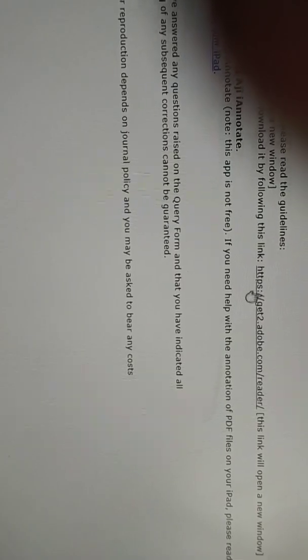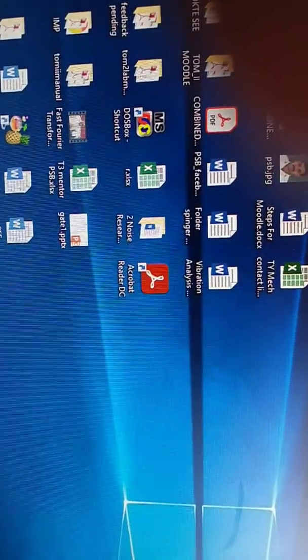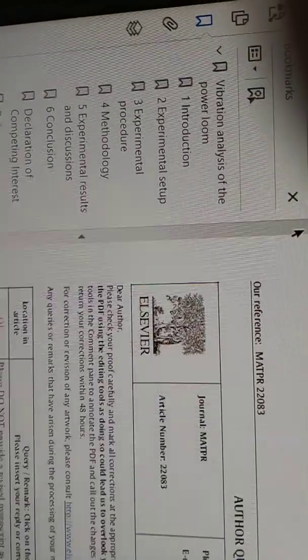Then whatever file I downloaded, I will open it. You click on this one. You will find it opens in Adobe Reader, and all the things will come.